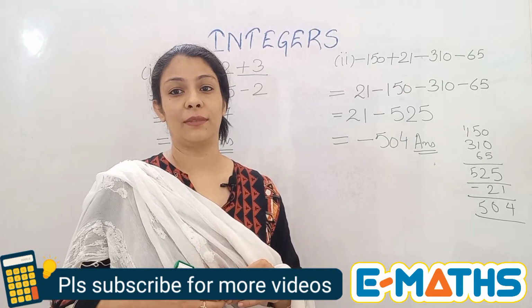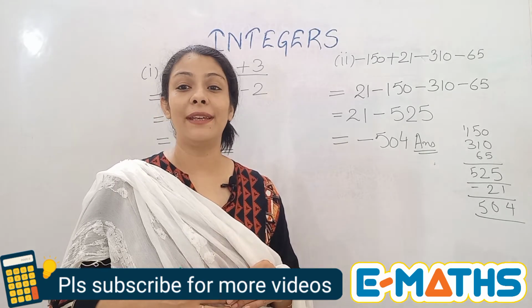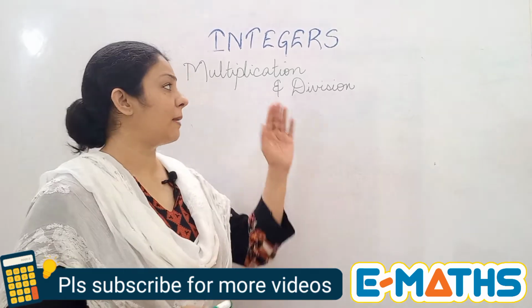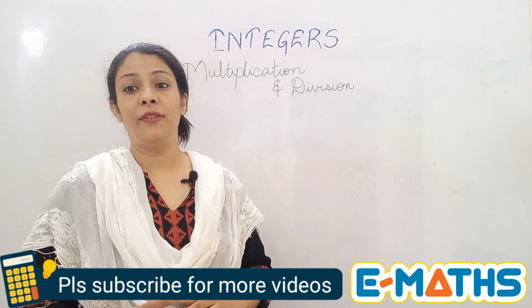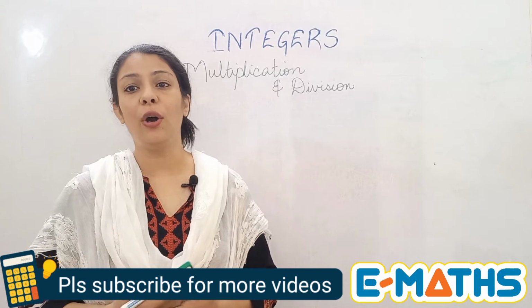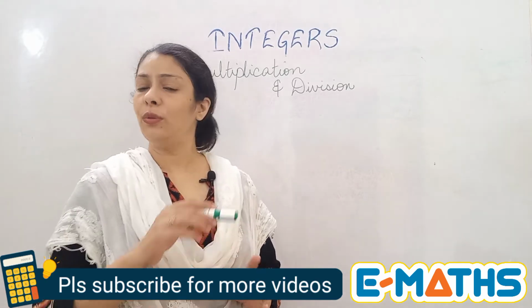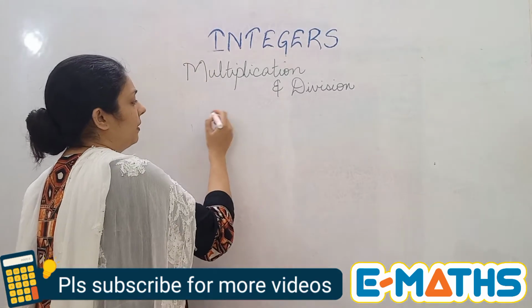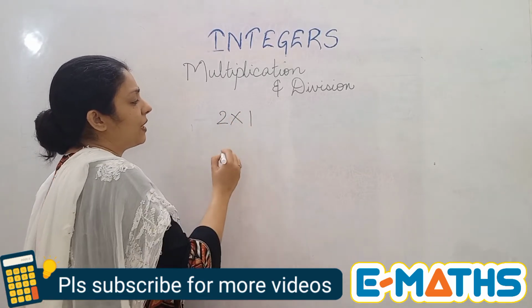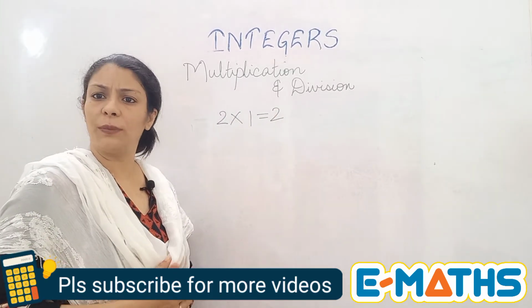Alright. Hope I have made this doubt clear to everyone and you all are not going to make this mistake again in your questions. Now I am left with only two operations, and that is multiplication and division. Dealing with the signs in multiplication and division is almost the same. So I'll just tell you how to deal with the sign when you have to do multiplication and division. So I'll just write some examples. I'll start from the positive ones. Plus 2 into plus 1 will give you a 2. It's simple multiplication, writing the table of 2, you got a positive 2.